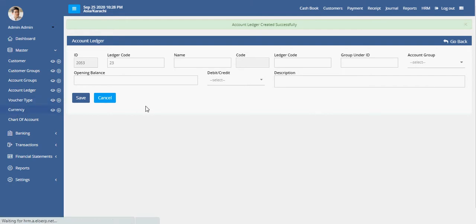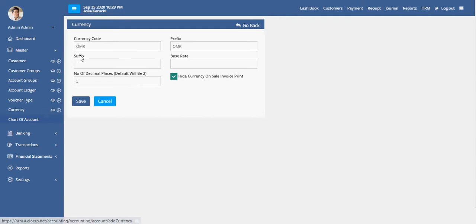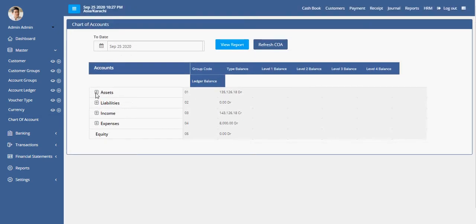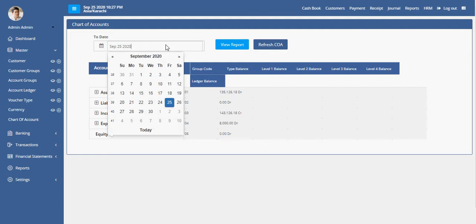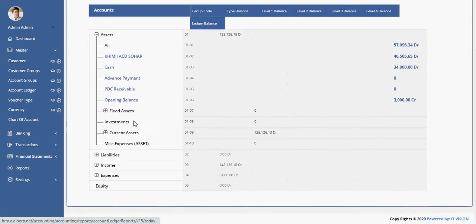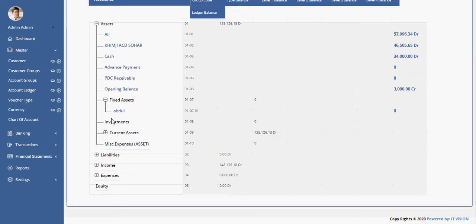Here is the currency setup. This is the chart of account. It has multiple levels. We can view by date. Under asset, these are the multiple account ledgers.